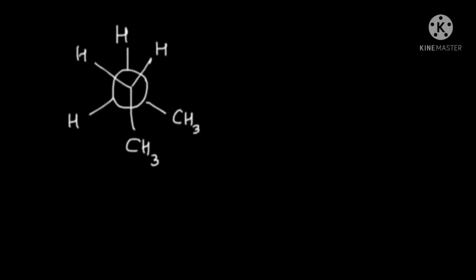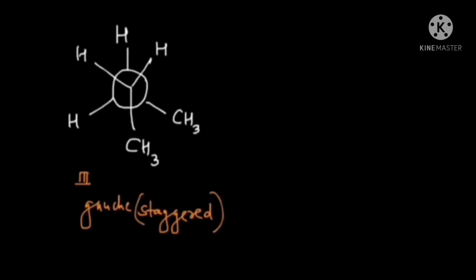So what I have is one H present here, CH3 present here, and another H present here. So this is a staggered form because all the groups are far apart, but in which the CH3 groups are close together. So there will be some crowding. So this is a staggered form but not an anti-staggered form. This is known as the gauche staggered form, because these CH3 groups will have some crowding. Right? Let's rotate it once more.